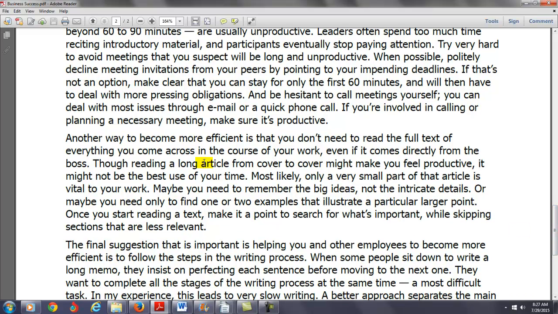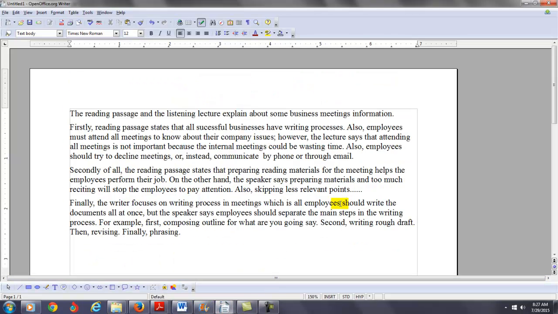So it's saying that you don't have to read the full text of everything you come across. It's important to read maybe just a small part of the article, so focus on the most important ideas while skipping sections that are less relevant. Right? So again, you're not exactly capturing the most important points. You could finish this sentence by saying skipping less relevant points, maybe, according